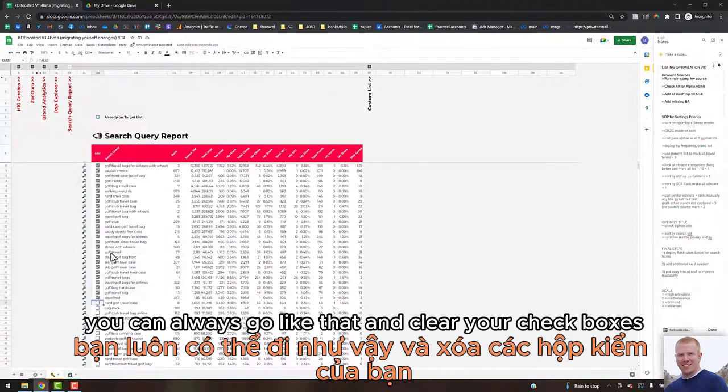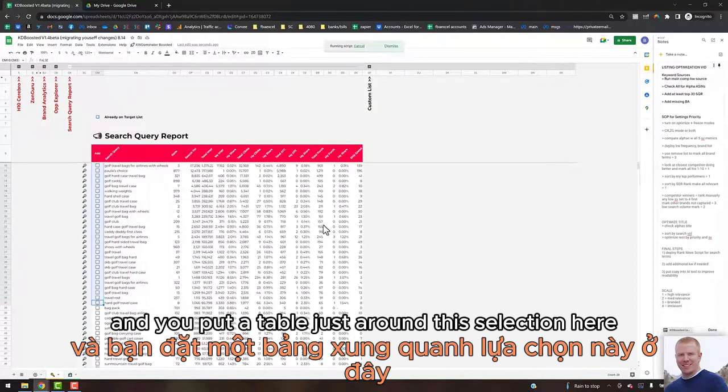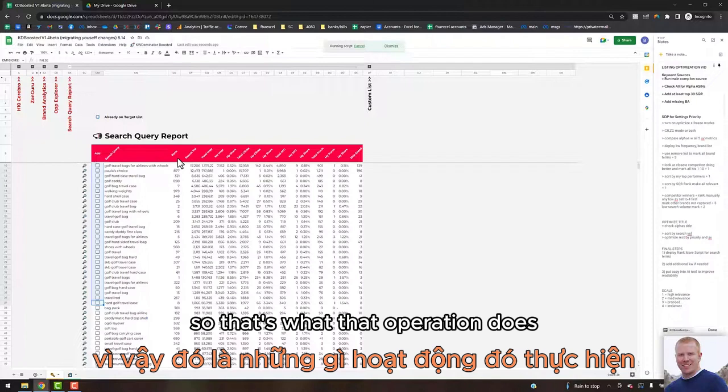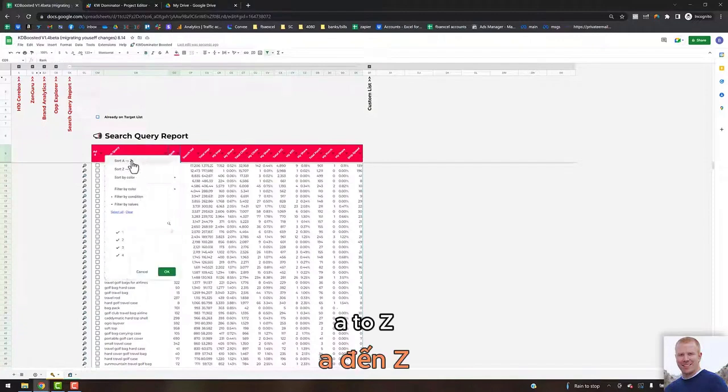You can always go like that and clear your checkboxes, but what you're going to want to do is come up here and go to search query report, and you put a table just around this selection here. So that's what that operation does. All right, and then you can sort by rank, A to Z,